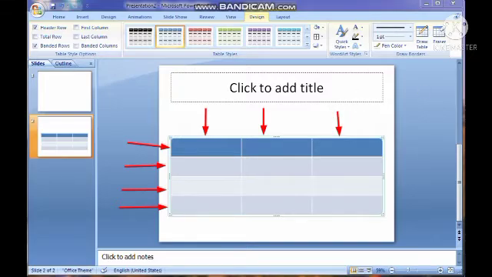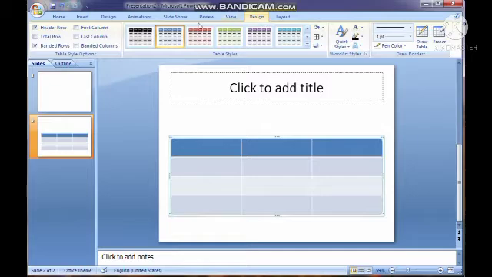now I am going to explain one by one each of the tools of the table. First we have to click on the table, then we click on the design button. It is given in the menu bar. So we click on the design menu or design tab.